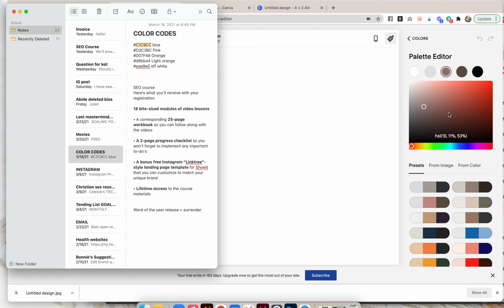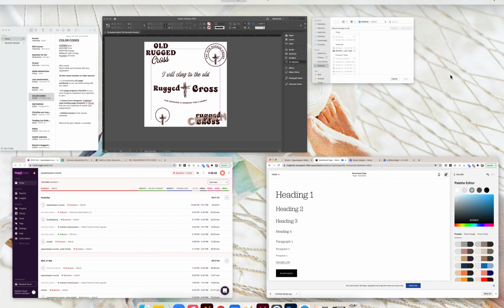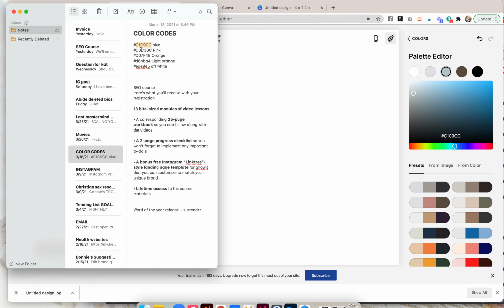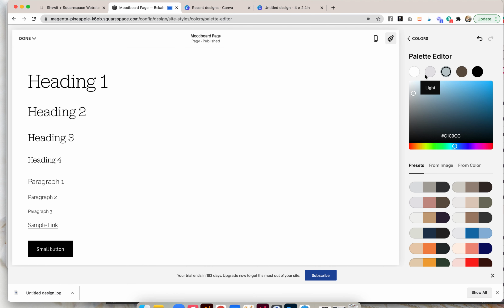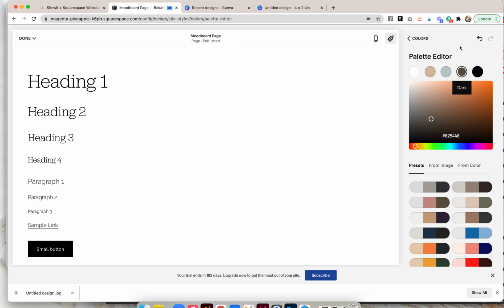Ooh, let's do the blue as my main. Just gotta get the hex code in there, perfect. Then we'll do the, I'm only given a few, so the light orange here. Sorry, pink, you're getting next. But I'll probably have to add elements of pink throughout in a different way. Okay, perfect. Now I have my color palette.